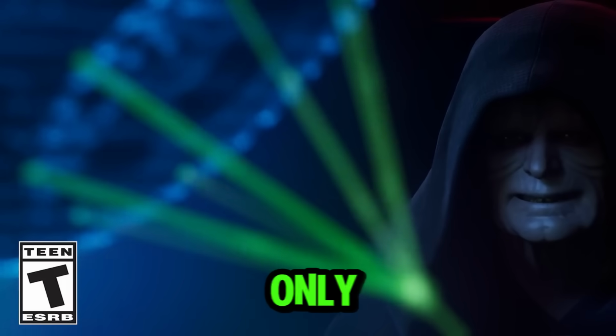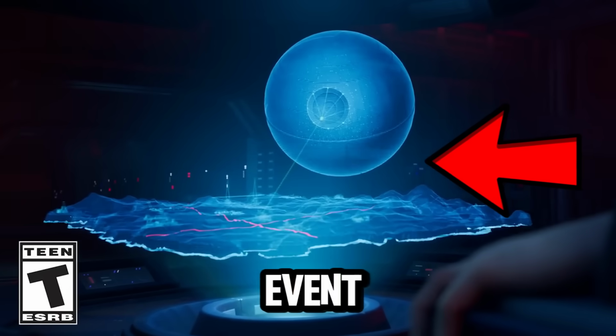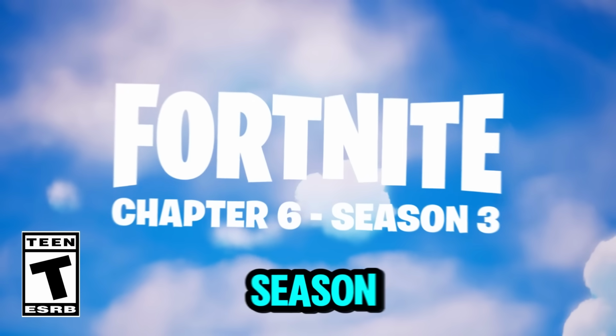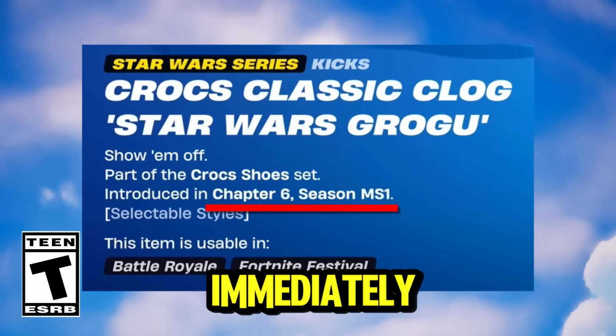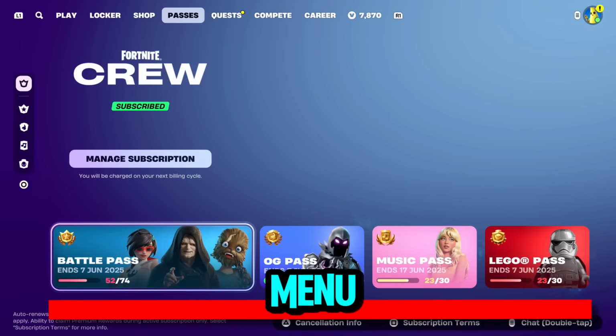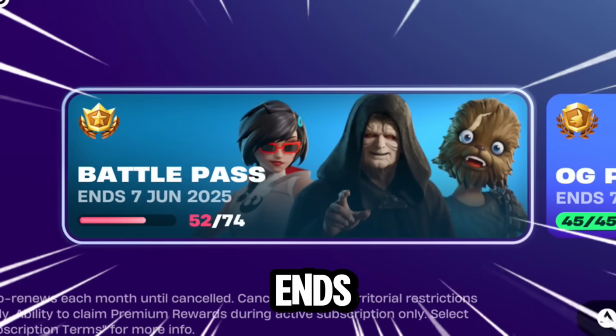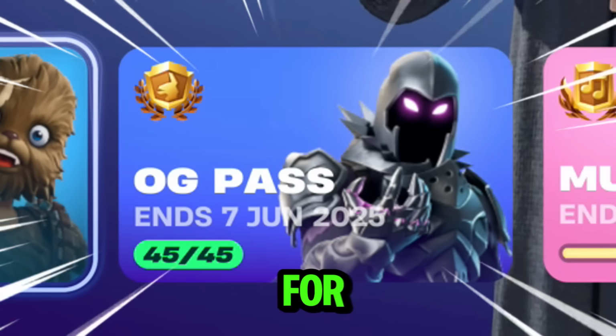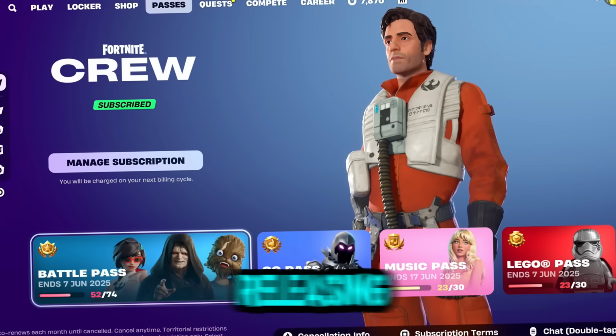After all, this day is not only going to be huge for Fortnite because a live event is going down, but we're also seeing Chapter 6 Season 4, or Season 3 as this is called, mini Season 1, immediately after downtime lifts after the event itself. But as you can see from our passes menu now, on that same day what also ends is Chapter 1 Season 3 OG, and also the current LEGO pass for Star Wars, meaning 3 new passes are releasing on the